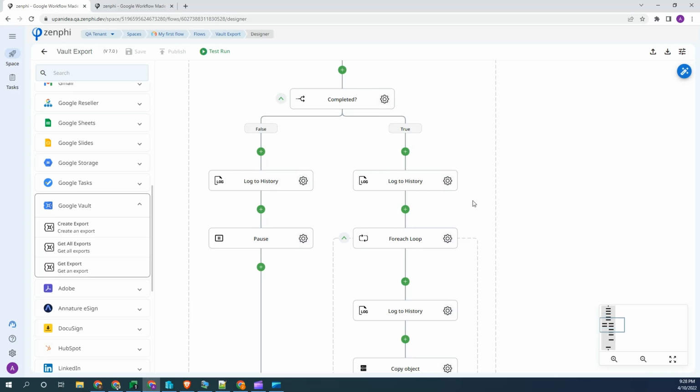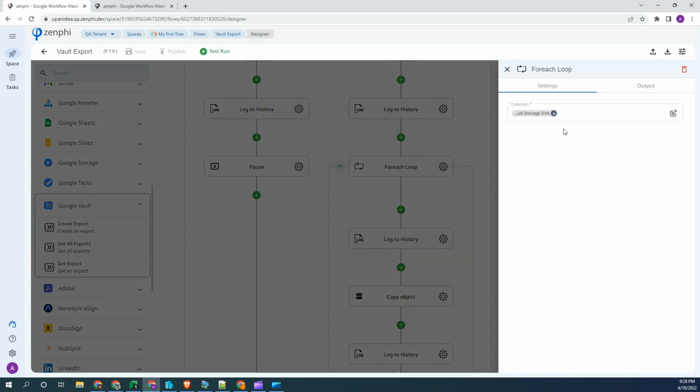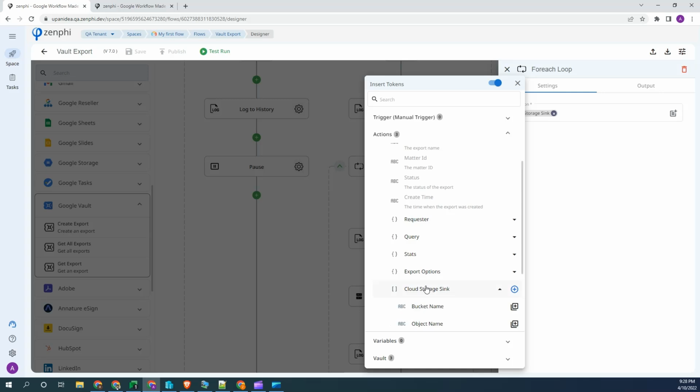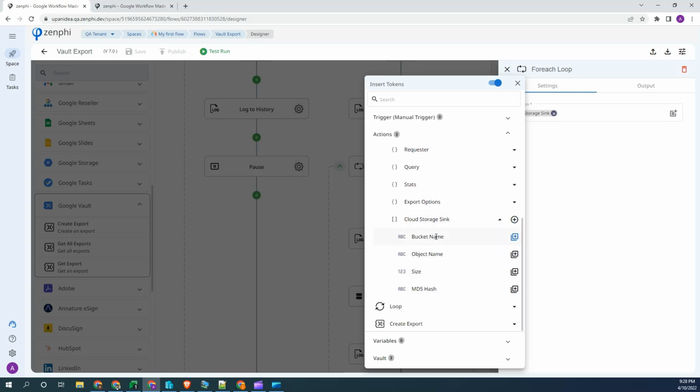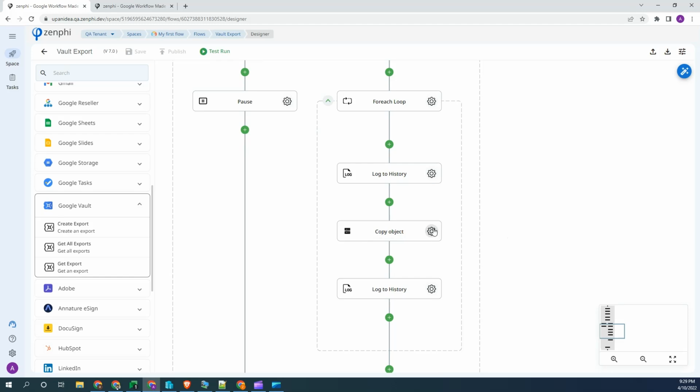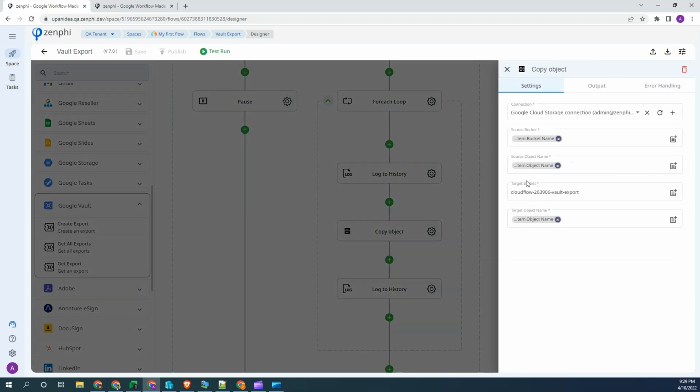So once it's completed, what we'll do is we will loop through all the artifacts that we have from the export. So for example, if I come to here, Cloud Storage Sync, I can see there's the bucket name, the object name, the size, and the MD hash. So all of these properties are used so that we can copy the export into our own storage bucket. Now I loop through that, and then I have this copy object action, which basically takes the source bucket and the source object name and copies it into our own target bucket